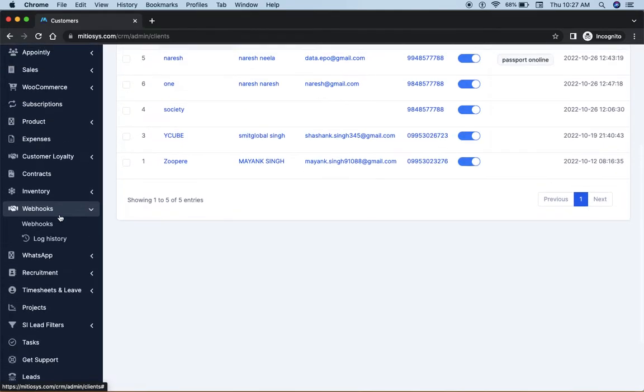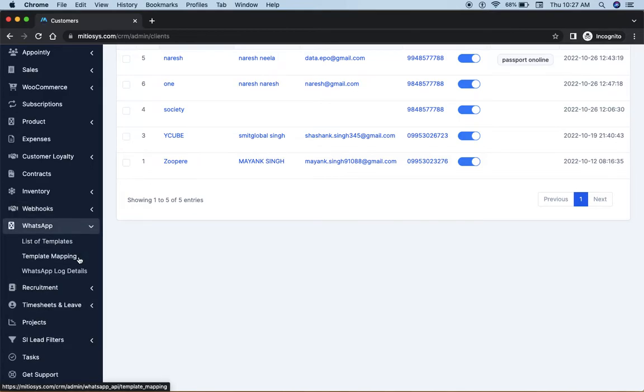Webhook integration, which will be integrated with all the major platforms like mail integration, Slack integrations. So it supports all the major integrations. So we can integrate almost anything with this Webhook. There's WhatsApp integration. So if any invoice is created, then an automatic WhatsApp is sent through